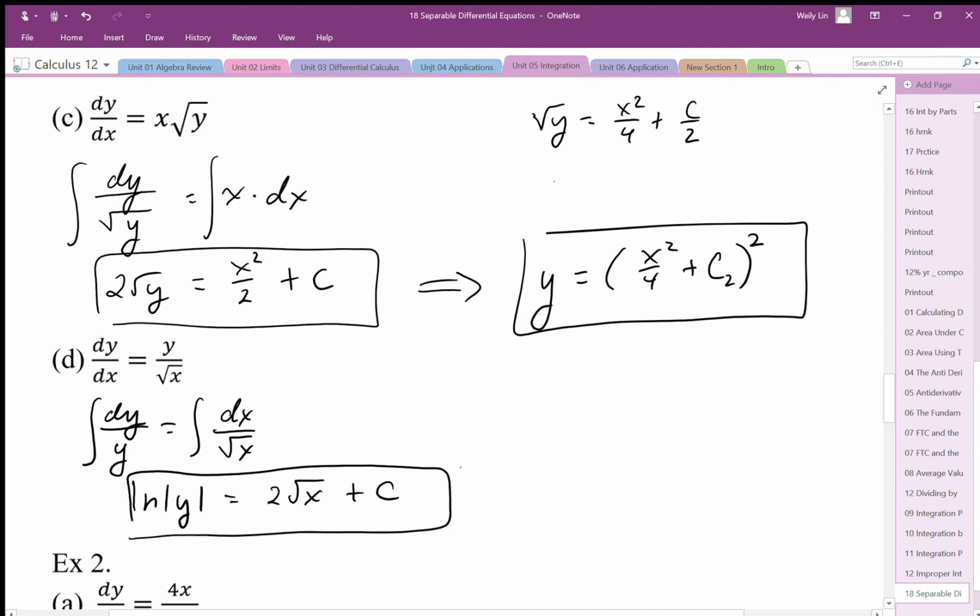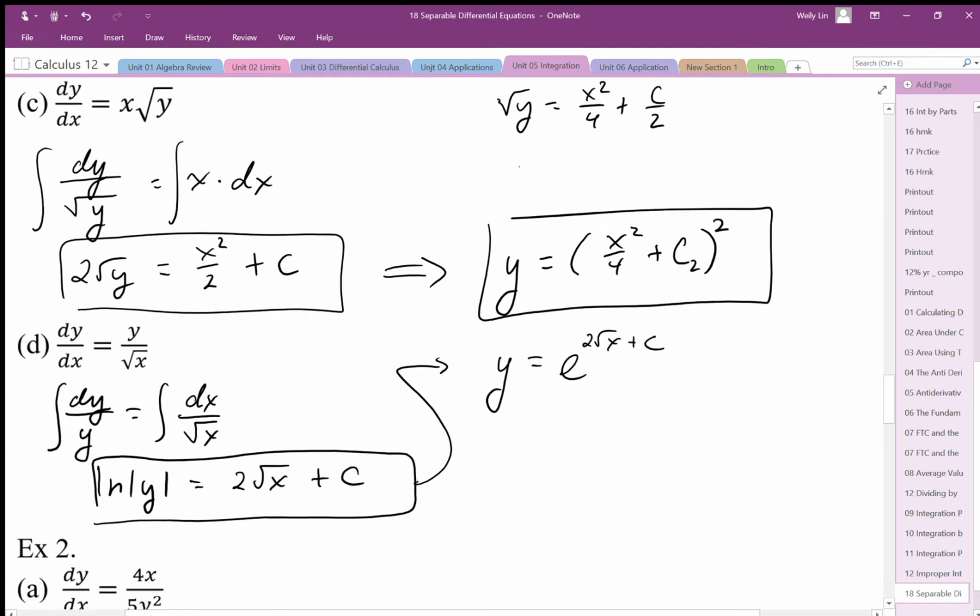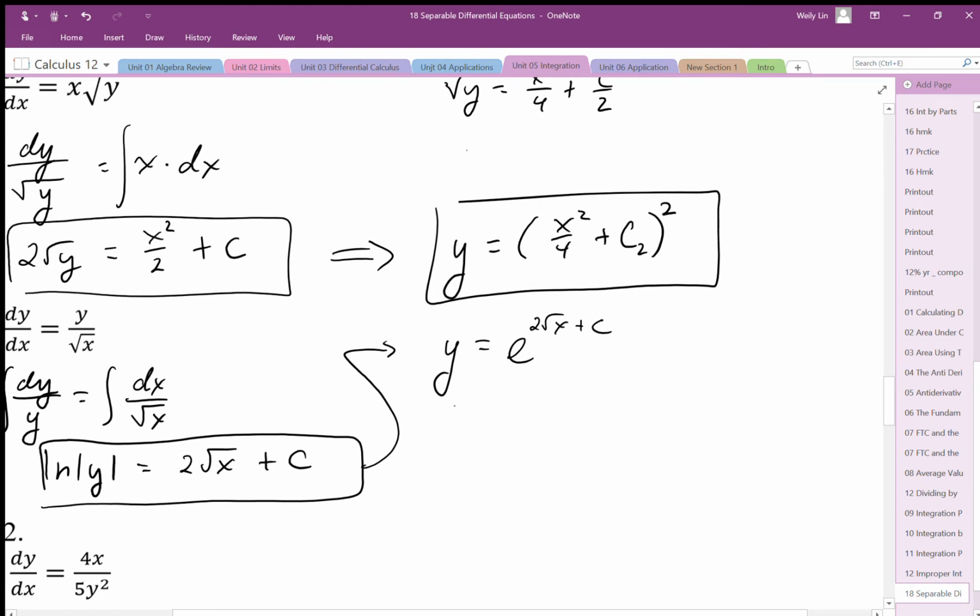And if you want, we can again make this into a y equals equation by converting it to its exponential form. Okay, and again, this plus c, I'm going to show you the steps here. Whenever we have this converted into the exponential form, really we can write this as e to the c times e to the 2 root x. Okay, so that plus c shows up as, so if we're adding exponents, we're multiplying powers of the same base. So we can rewrite